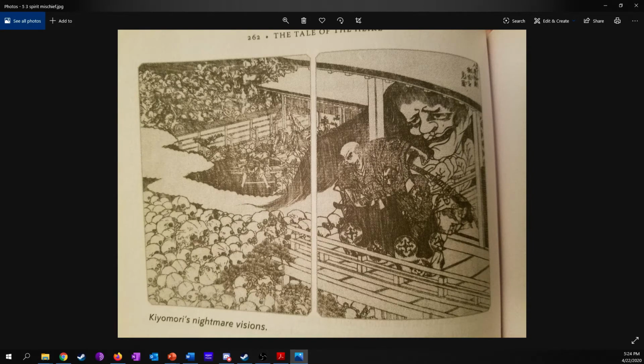This shows that basically the spirits are pissed off with Kiyomori, and he has several nightmares, or it actually doesn't even say they're nightmares, all of them. Several of them are like waking incidents. So for example, this one where you see the face here,